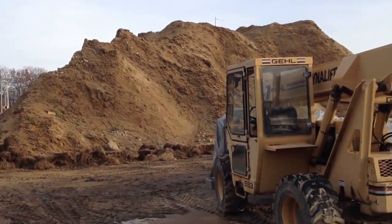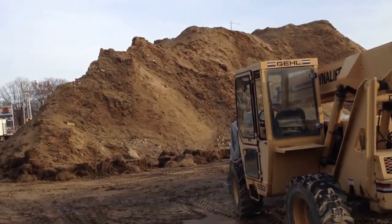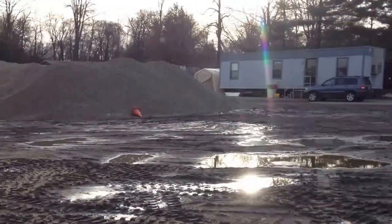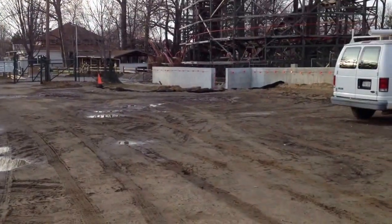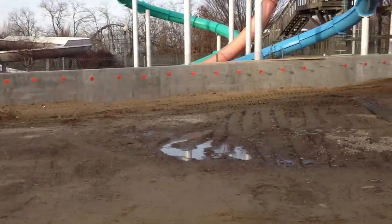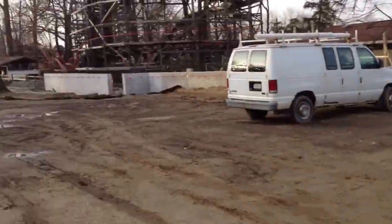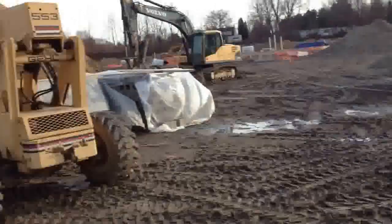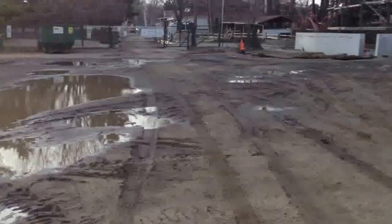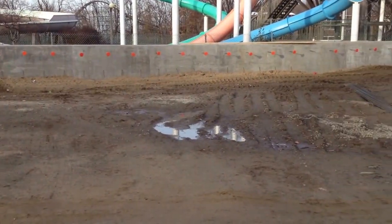Now this huge pile of dirt is the beginnings of what we have excavated for the wave pool. That pile of dirt is going to get at least twice as big. What we have to do after we dig out the whole wave pool, as you can see here, we've built a big retaining wall along the railroad tracks all around the new expansion of the water park. So that huge pile of dirt won't be wasted, because we will have to fill in all the land that I'm standing on, 3 or 4 feet, to give us a nice level ground for the new water park expansion